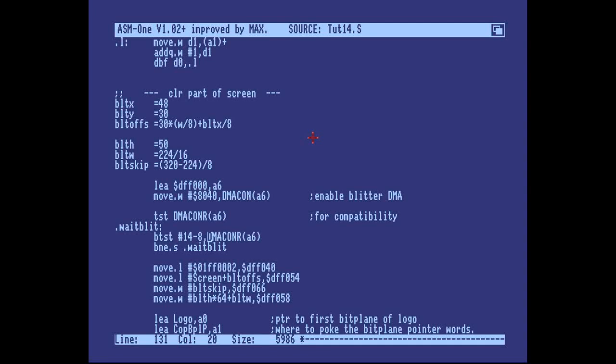That means that bit 14 will be bit 6 of the first byte of this word, and we need to point the bit test operation to the direct address, which is hex DFF002. So I don't know if that cleared things up or just confused you more, but since we know this now,